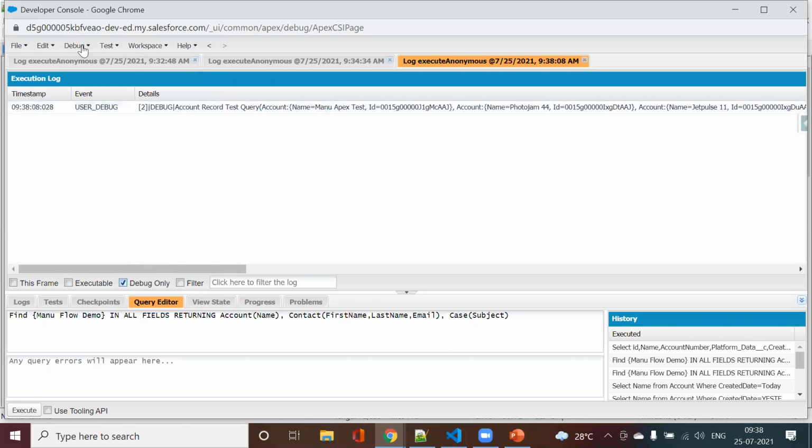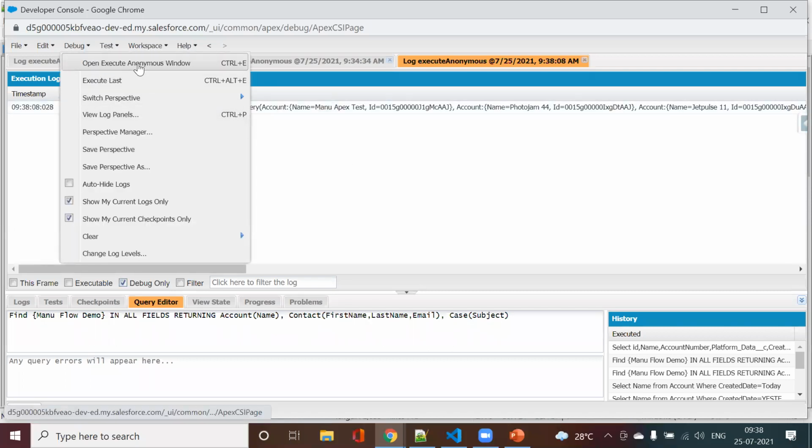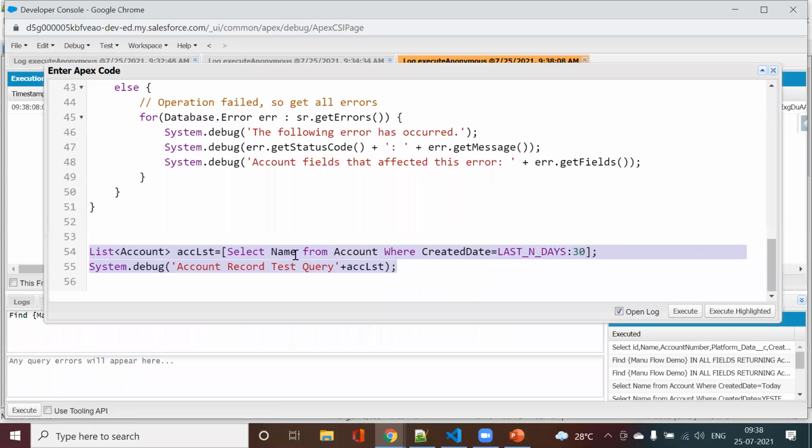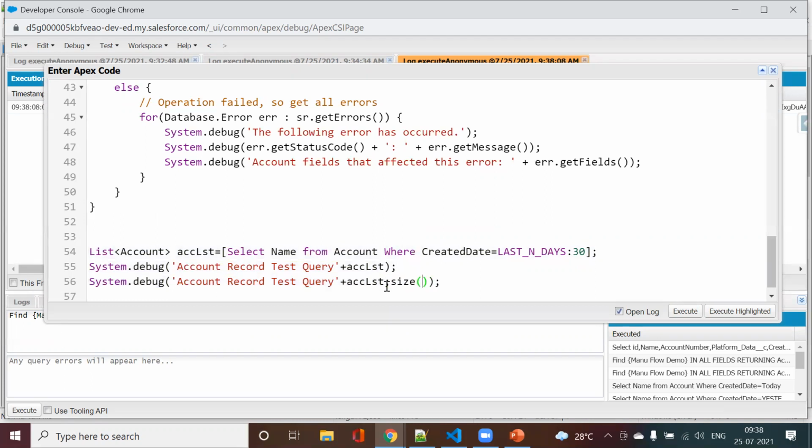Here also I got the records. So in case we want to check how many records there are, List has different methods, like in Java. I can write it here, size. So it will return the number of records in the last 30 days.